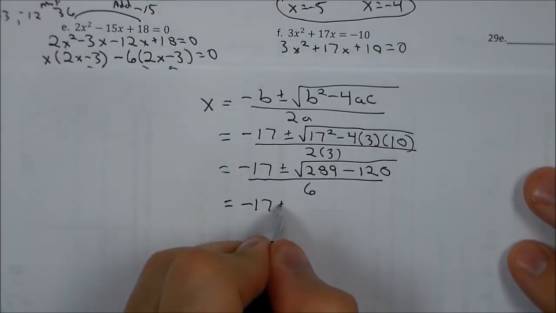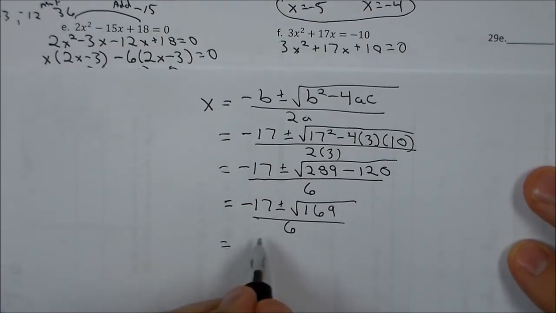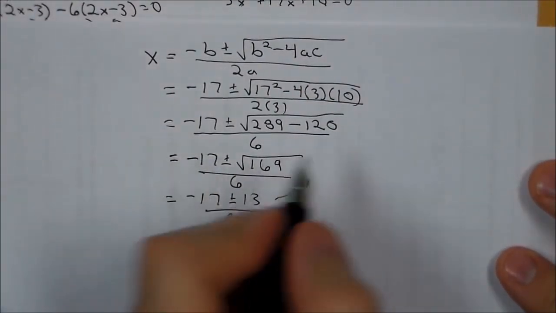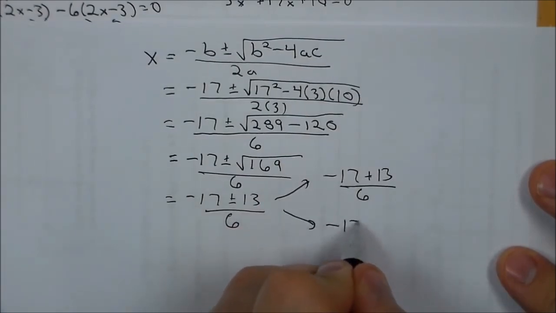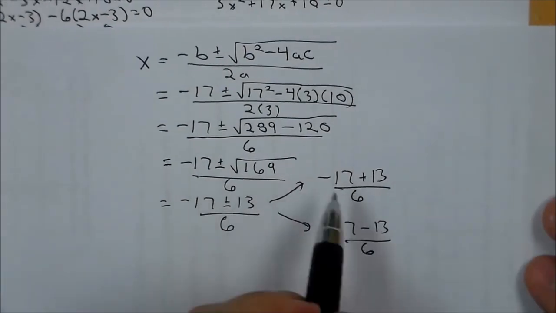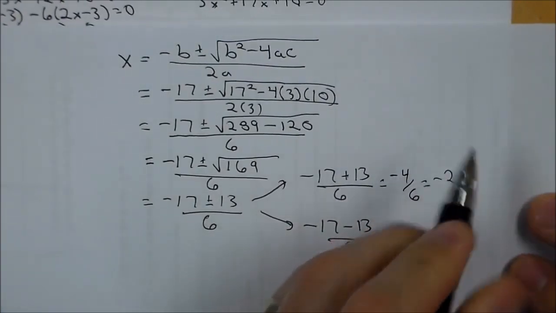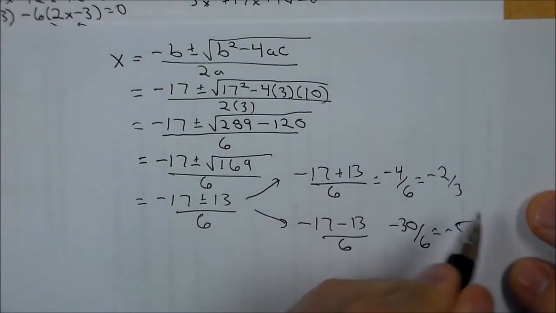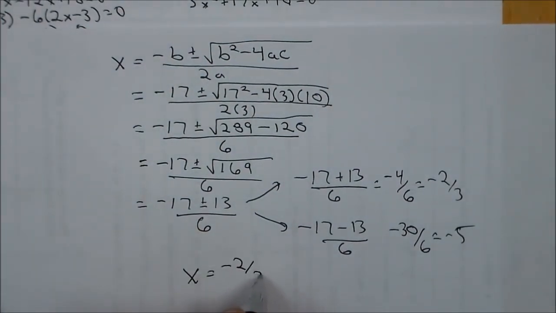So we're going to go negative 17 plus or minus, this looks like the square root of 169 over 6. Now I know 169 is a perfect square. It is 13. So now our two options are negative 17 plus 13 over 6 and negative 17 minus 13 over 6. Well, the top one becomes negative 4 over 6, or negative 2/3. The bottom one becomes negative 30 over 6, or negative 5. So our two solutions in this case, x equals negative 2/3